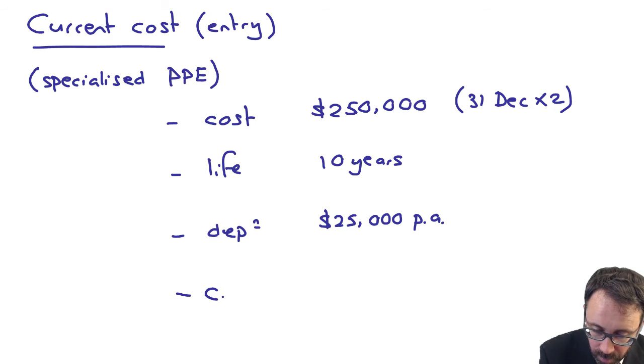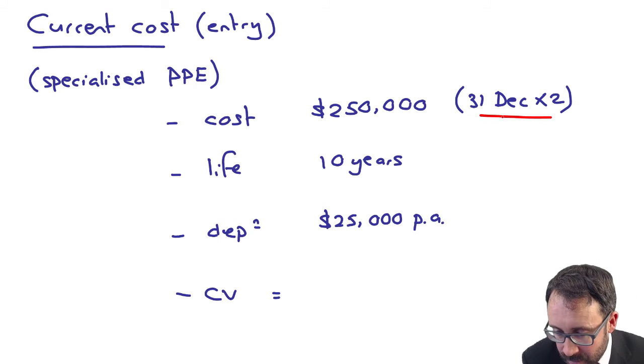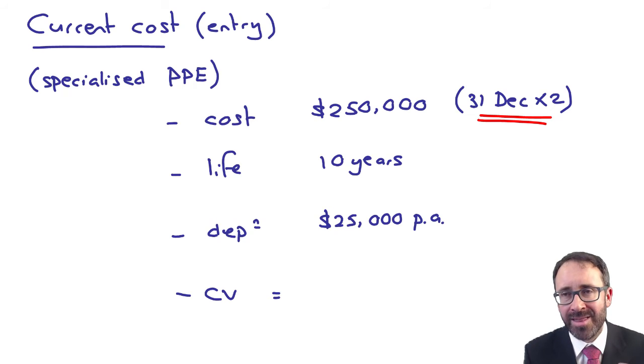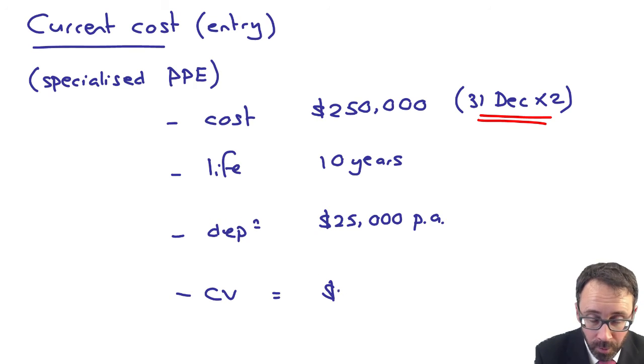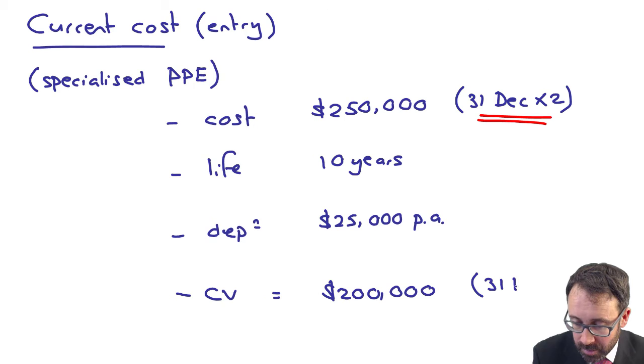So therefore, the carrying value now, and again, remember there's 2 years worth of depreciation. We originally bought the asset in January X1. Its current cost today, December X2, so 2 years on from when it was originally bought, is 250. If we were to have depreciated that for 2 years, that will be 50,000 of depreciation in total, and its carrying value would be 200,000 on the 31st of December 20X2, and it's that amount there